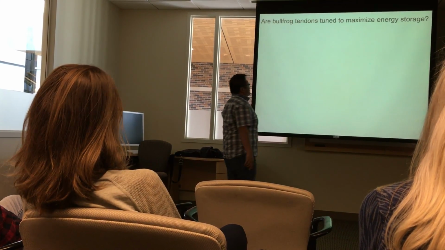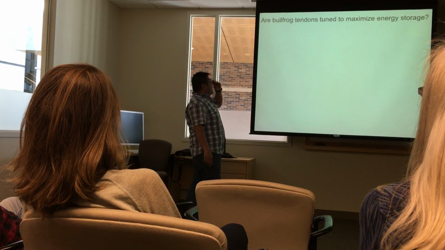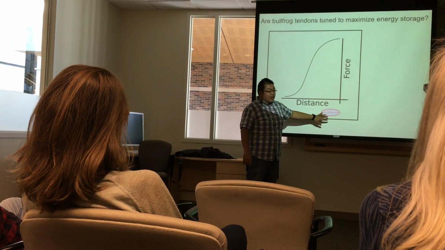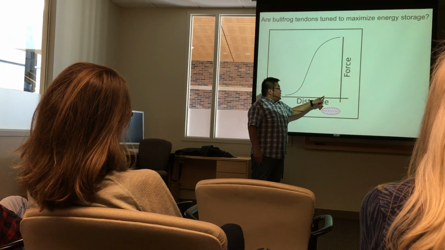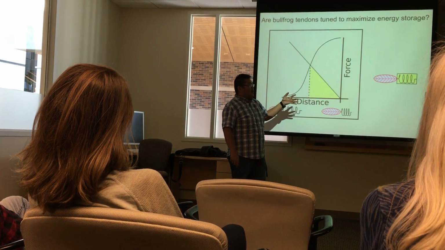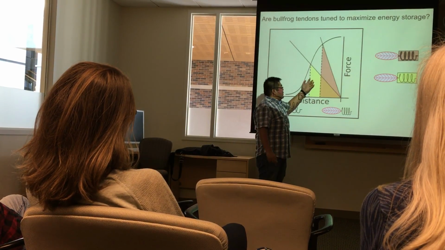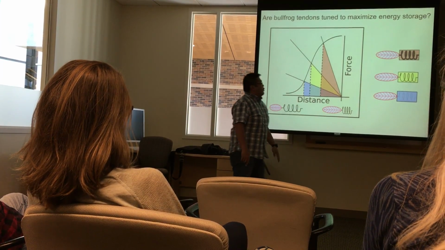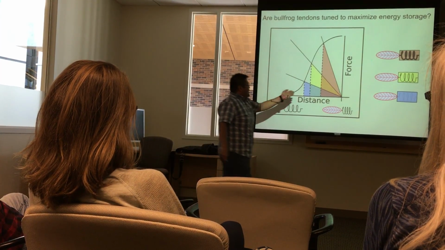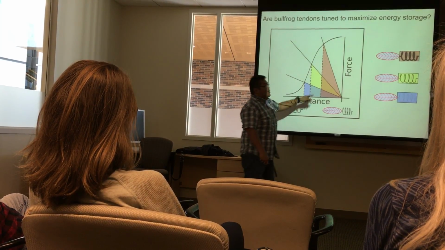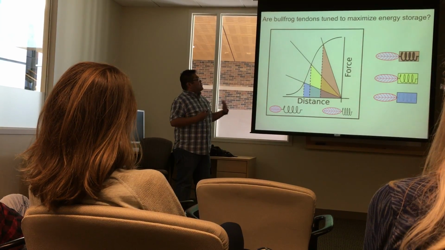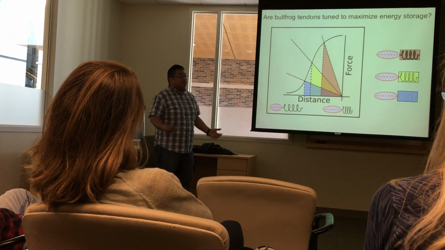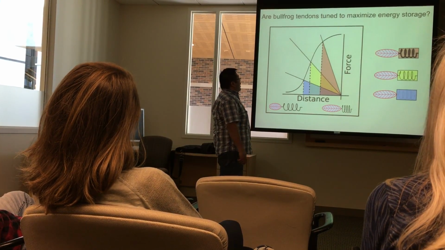So what's really cool is that then we can address this question. Our bullfrogs are tuned to maximize energy storage by looking at empirical data of frog muscles and connecting to it mathematically springs of arbitrary stiffness, where you have an intermediate stiffness, right? A more stiff spring or a less stiff spring, right? And what you can do is ask, well, what stiffness of spring do I have to put in here to get the most amount of area under that curve, right? What spring constant does that spring have to be in order to store the most amount of energy possible? And so